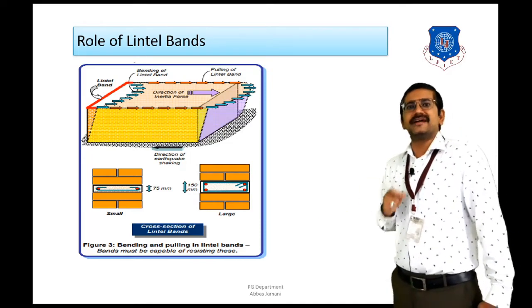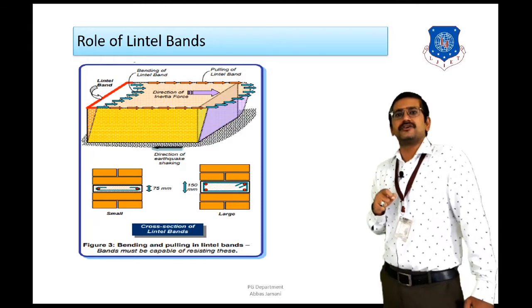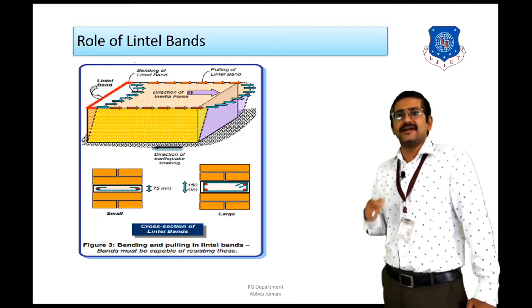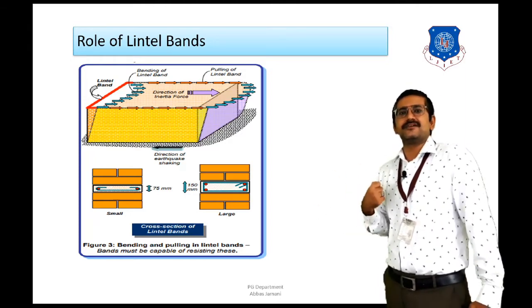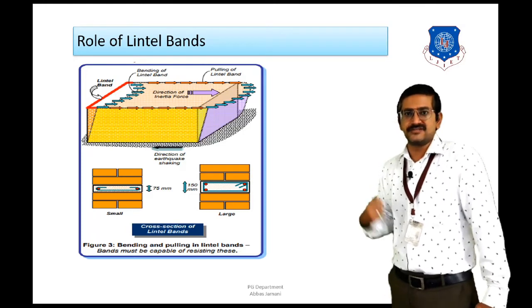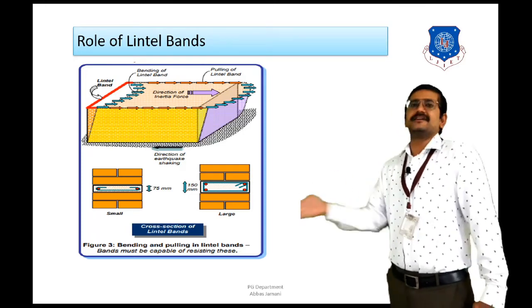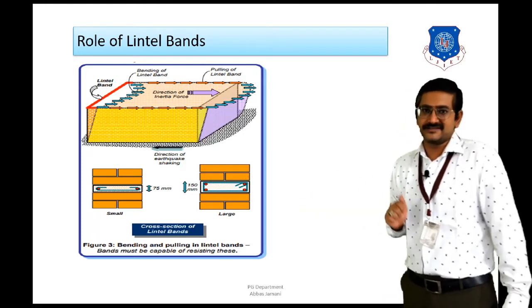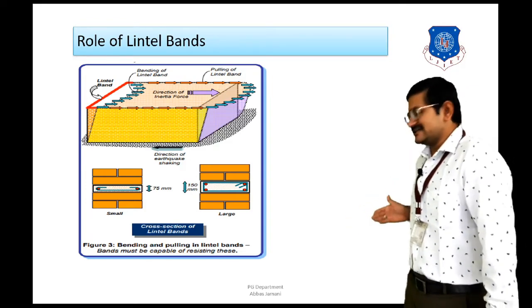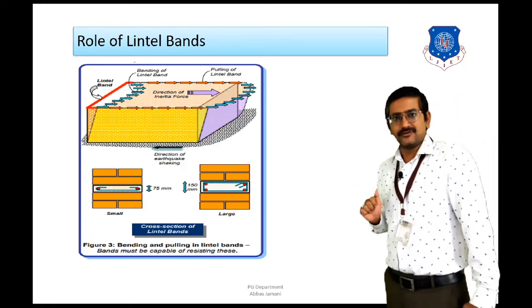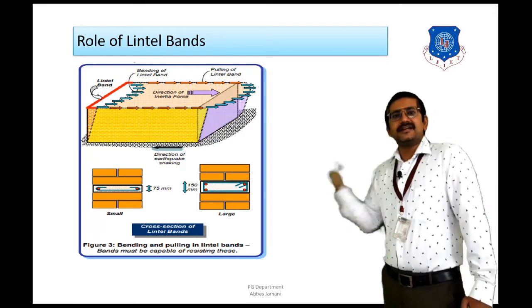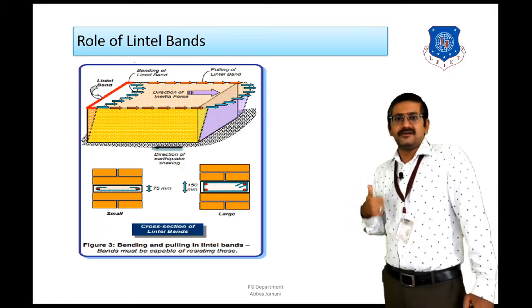Right, now we know that whenever the earthquake force is going to be applied in the direction right to left, the inertia force which is going to try to resist this particular force is going to act in the opposite direction. That is, it is going to act in the left to right direction. So as you can see in the figure, the earthquake load is applied from right to left, and the inertia force is going to be applied from left to right.